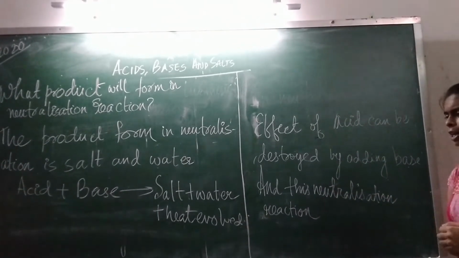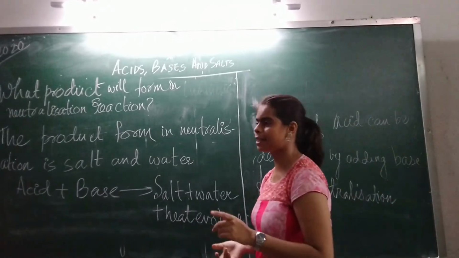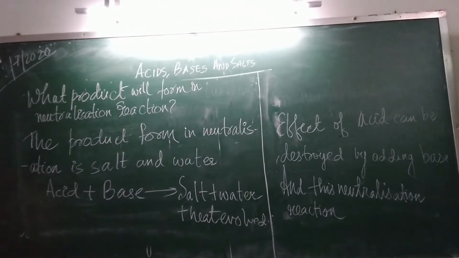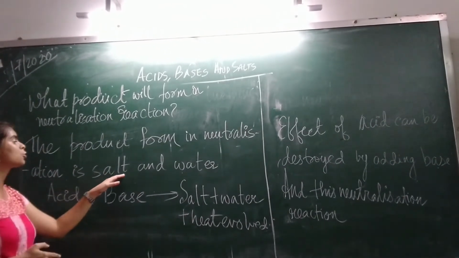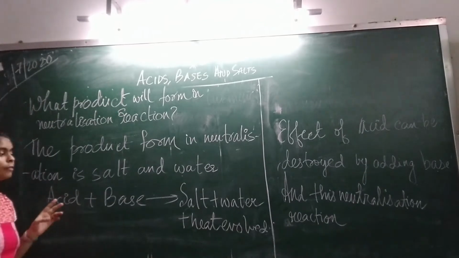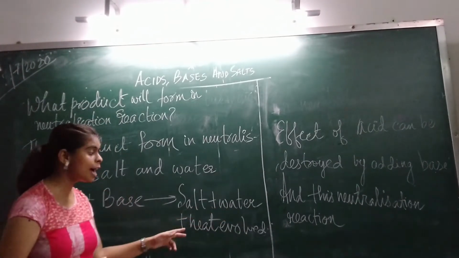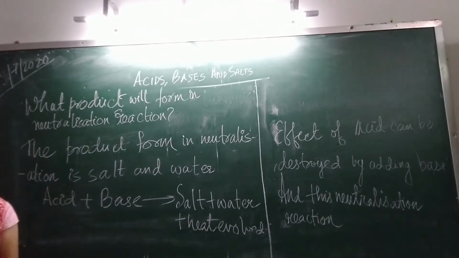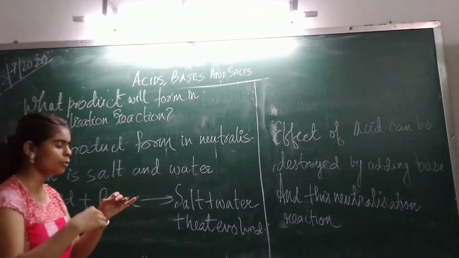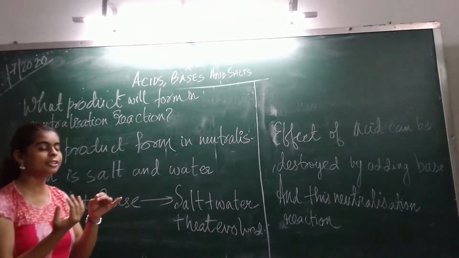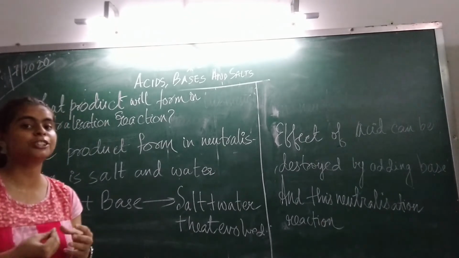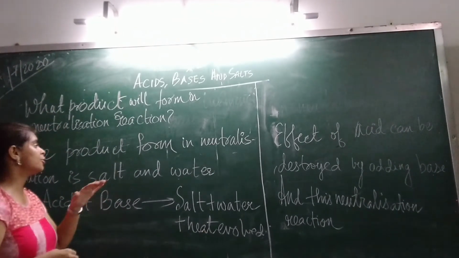Now tell me, what product will form in neutralization reaction? Since the acid and base are reacting to each other, what product will form? The product formed in neutralization reaction is salt and water. Whatever acid you take, whatever base you take, two products will always form, that is salt and water, plus heat evolved, because I have told you that whenever there is a reaction between acid and base, heat is evolved. When you are adding acid to a base and touch the surface of the test tube, you will find it hot. This is because heat is released. So the product formed in neutralization reaction is